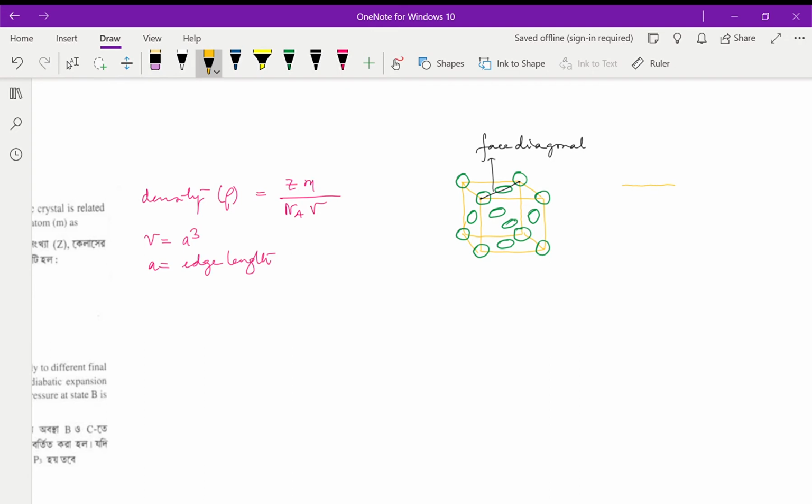Like this we have a sphere, then we have another sphere like that, and then we have another sphere like that. Say if we join these points like this,